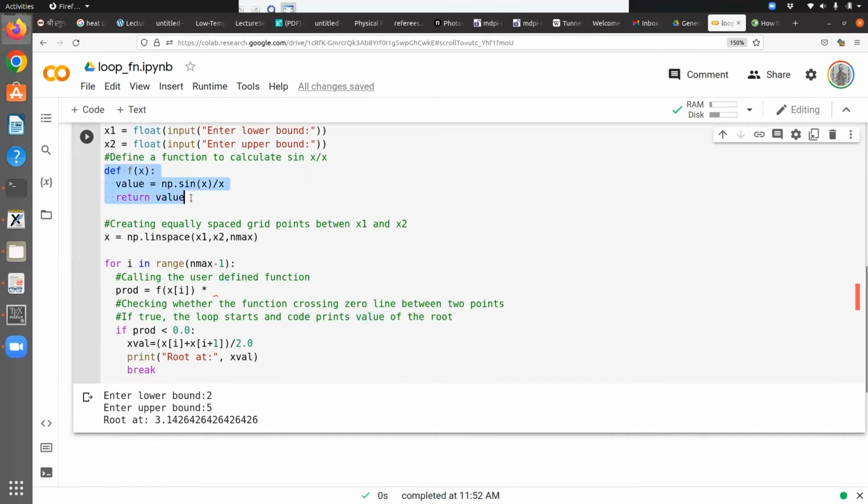So once we have defined the function, then we create the equally spaced grid points between x1 and x2. And then we run a for loop. And then we have to call the user-defined function that we have defined here, f of x. So this is how you call the function f and then you give the value of x. And what we want to check here is whether the product of two consecutive values of the function is less than 0 or not. So we just do